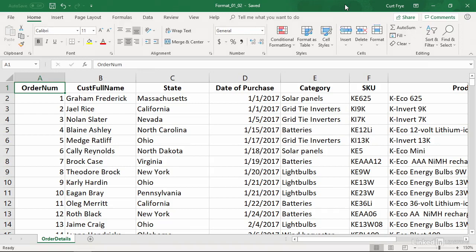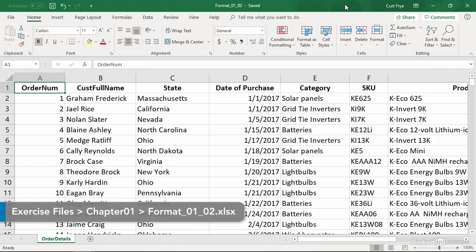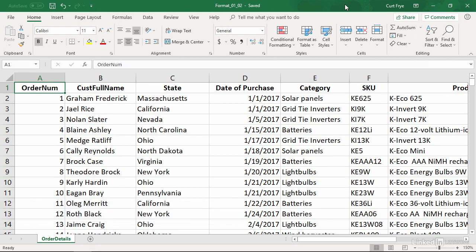Pivot tables enable you to summarize and reorganize your data dynamically, but you can't summarize just any data set using a pivot table. In most cases, your data needs to be laid out as a data list and preferably as an Excel table. In this movie, I will demonstrate how to format your data so that you can create an Excel table. My sample file is format 0102, and you can find it in the Chapter 1 folder of the